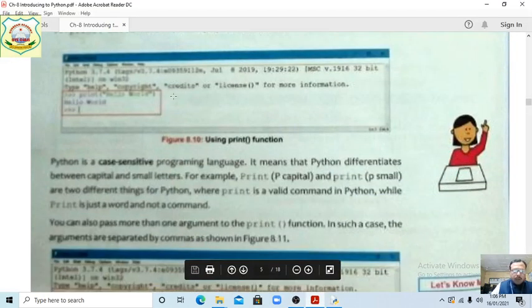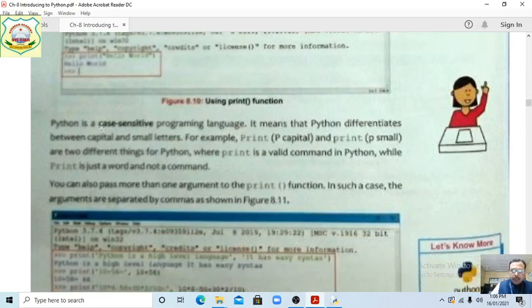Okay, welcome to the hello world is shown here. Python is a case sensitive programming language. Students, first of all, we want to explain what case sensitive means. It means Python differentiates between capital and small letters.